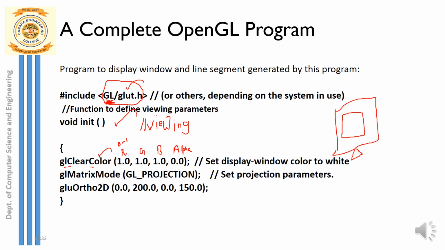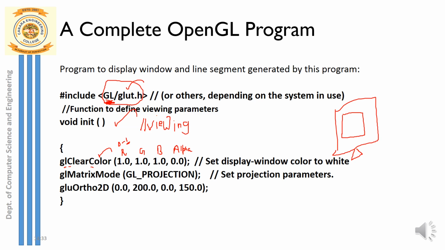Now as I said, the color component varies from 0 to 1. If I set a high value, that is on, and on indicates 1. So if I set the high value 1 to red, it indicates that the red component is on. Green I have also set to on, so 1, and blue also set to 1. So all three are set to 1. What is the meaning of that? The mixture of red, green, blue. When all three are on, I get the mixture of all three colors, and the mixture of red, green, blue is white. So if I have to set the white background, all three should be on.